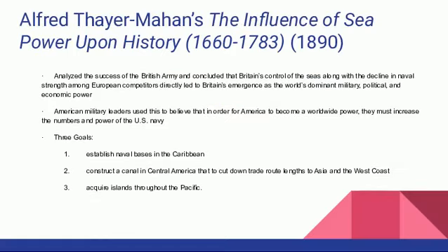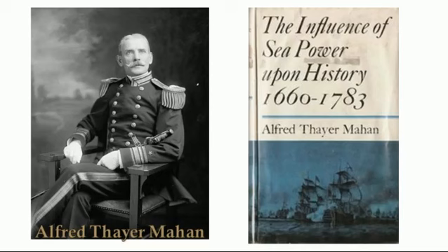Now, Alfred Thayer Mahan's book, The Influence of Sea Power, I want you to go ahead and star this term. Actually, double star it, because it's one of the more prominent ones that you'll see as a sourcing. Basically, what you need to know from this is exactly what I've explained before. I think one of the bullets has it on there that's a general summary, but what you need to know about it is that the book said that the reason Britain was so great is because it had the biggest military and the biggest navy. So what is America going to do to become great? Get the biggest, baddest military. And it works especially with the Navy.